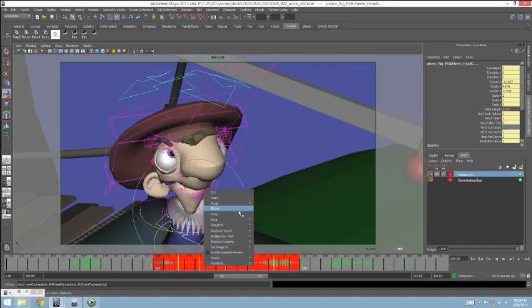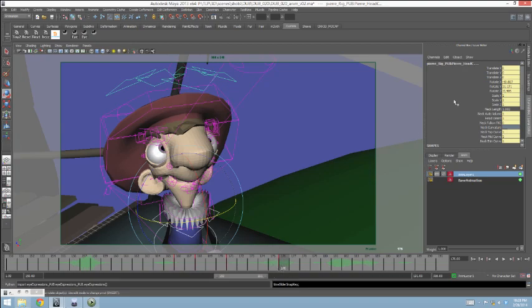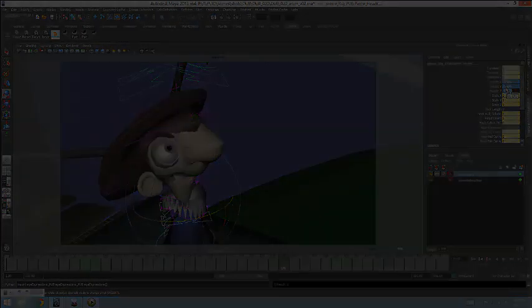This key, though, let me snap it. This keyframe is a problem because